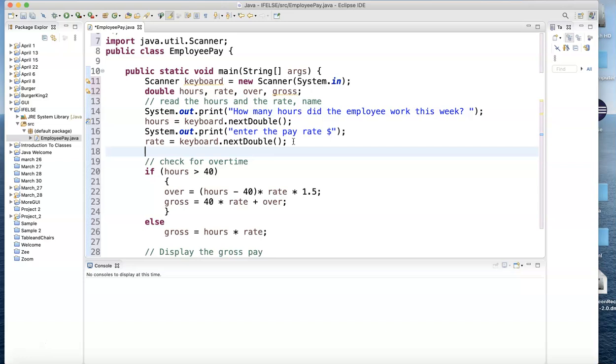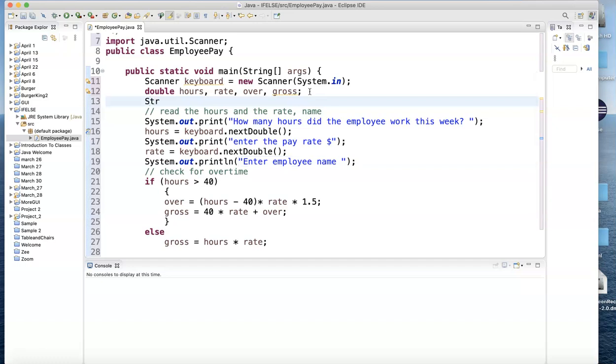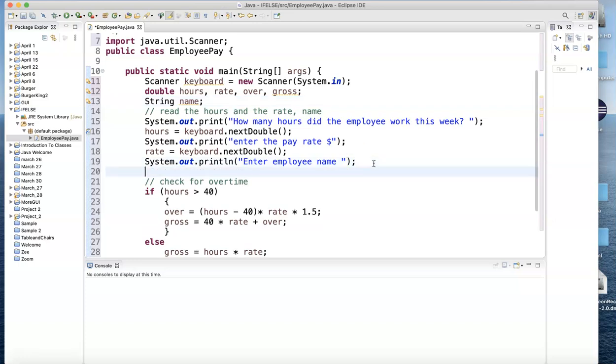So I'll show you again. SysO. We talked about this before, but just in case you forgot, enter employee name. And the name is going to be a string, so it's not going to be double. Let me go back up there and go string name. So now, once you see that, enter the employee name, and you go to read it, you're going to say name equals,